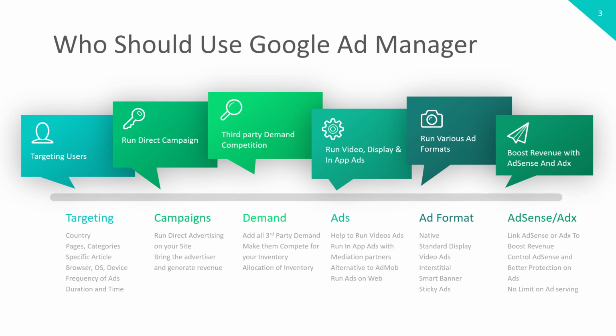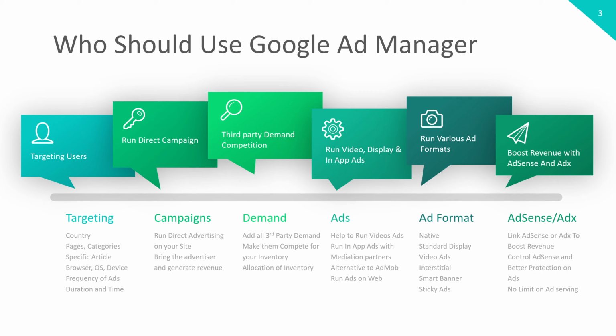You can target browser, OS version, and device, like tablet. If you want to run ads just on mobile, you can target that with Google Ad Manager. If you don't want ads to show up on mobile devices, then you can just exclude mobile devices and it will run on CTV, tablet, and web as well. You can control how many times one ad should be visible to a user. It's called frequency capping in terms of Google Ad Manager. You can control those things via Google Ad Manager.